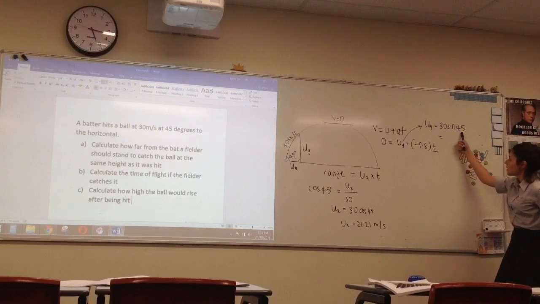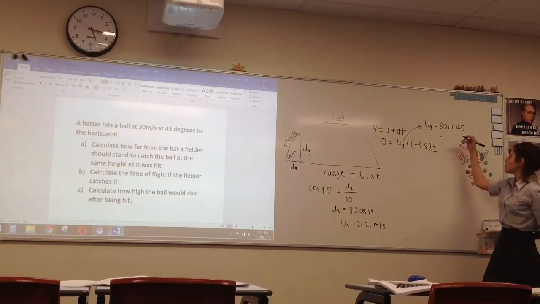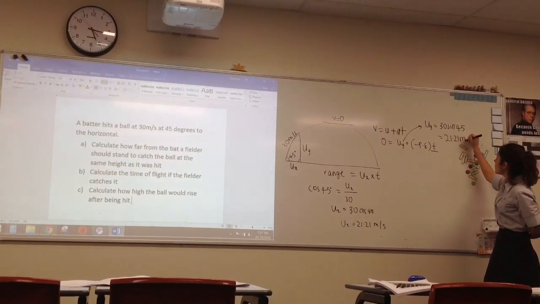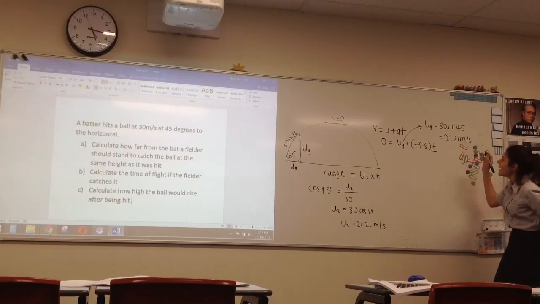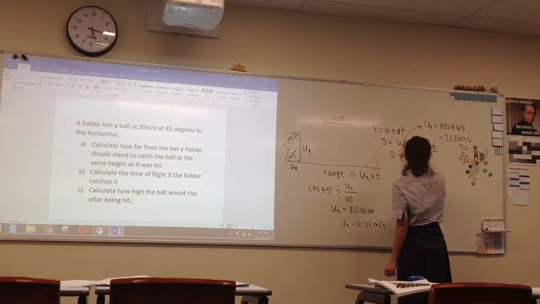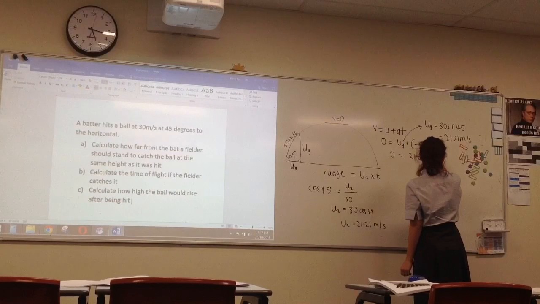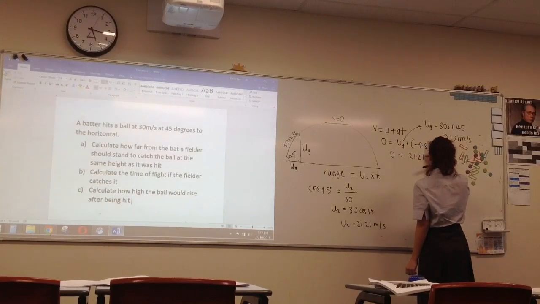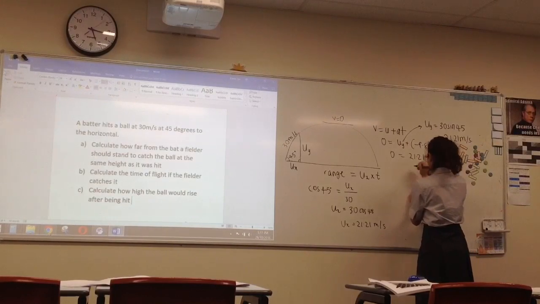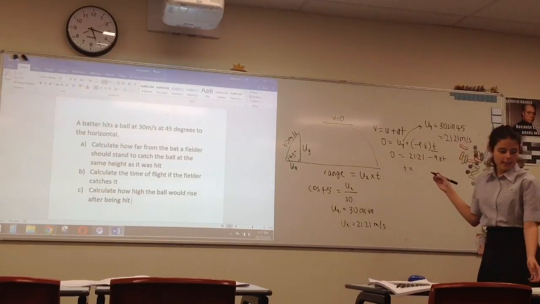And because sine and cos give the same value for 45 degrees, we just have the same as ux. So 21.21 meters per second. So we just sub in the values. And from here we find t equals